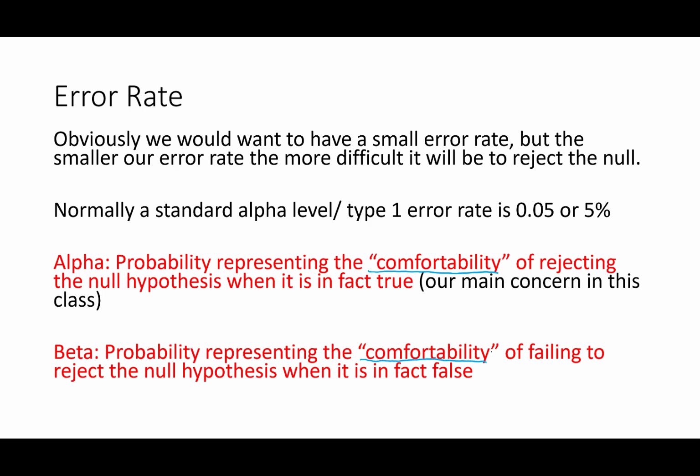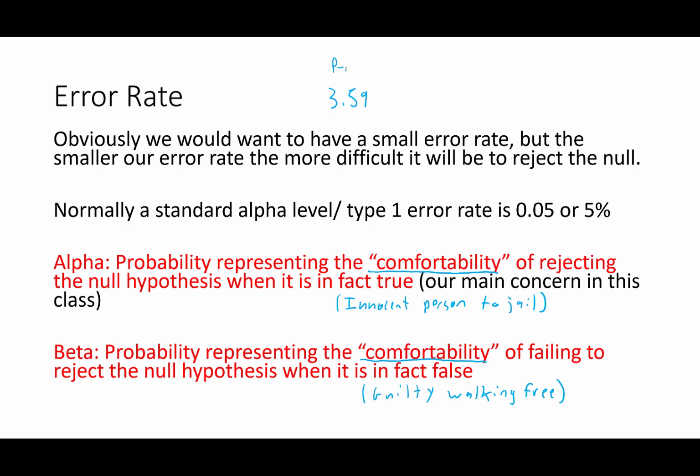A type 1 error was sending an innocent person to jail. Right? So if I was to write that, innocent person to jail. Right? That's how you can think of type 1. How comfortable are you doing that? Beta, a type 2, represents a guilty person walking free. So the question we need to think about is, what error is more important? Right, for our problem,